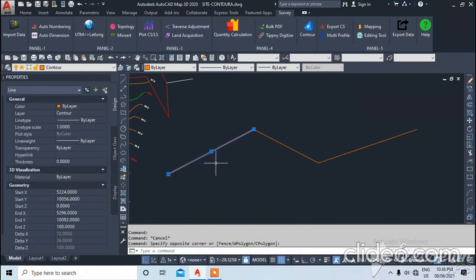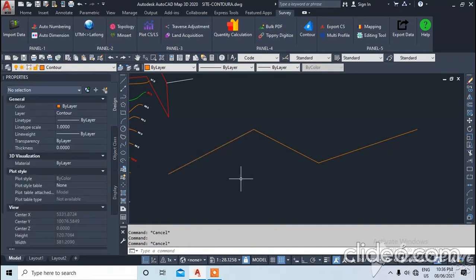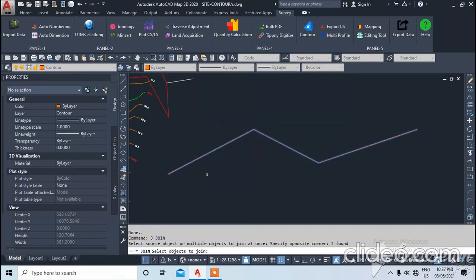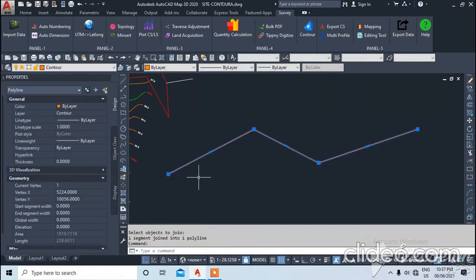Why? Because it has a different elevation than these two lines. For that we will use the command E0, press enter and select these lines. Now use the command join and select these objects. See, now successfully joined.